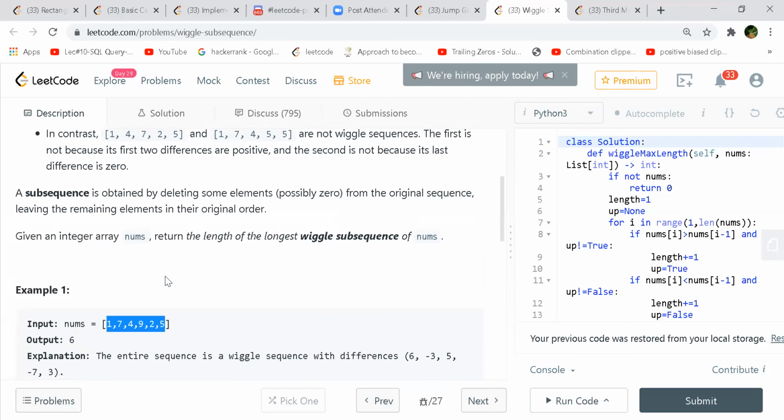The array is in the form of a wave, a hill-like structure: if two adjacent elements are greater, then the next adjacent elements would be smaller, like a sawtooth wave. That is what we have to find, and that will be our longest subsequence if the differences alternate.